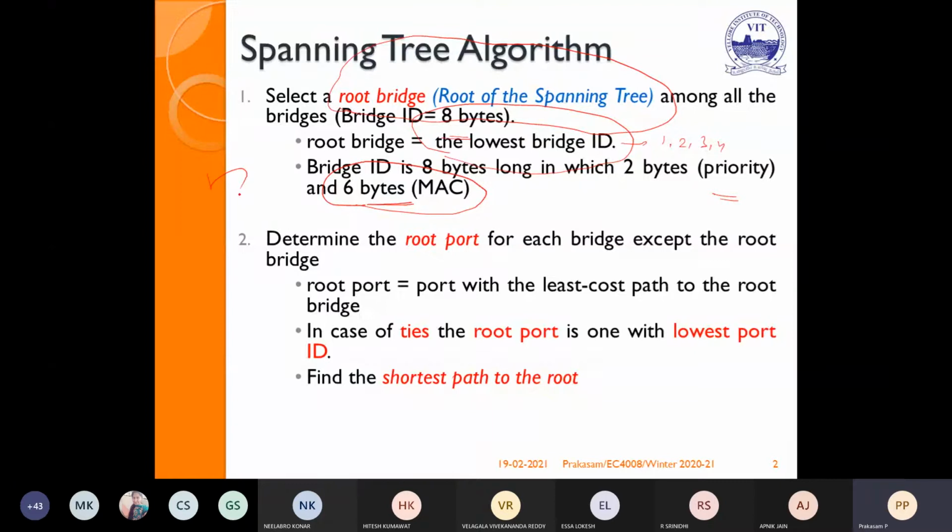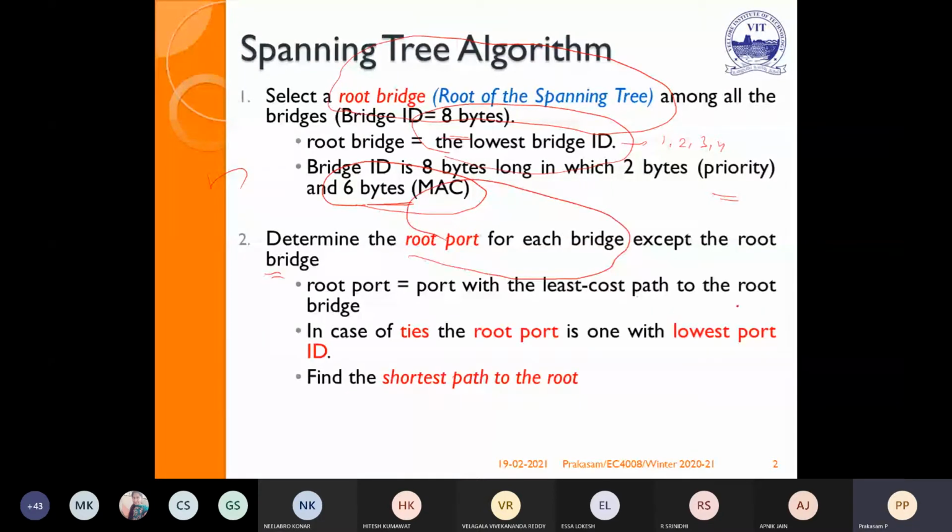The problem is very easy to solve, to find the blocked ports and other ports using the spanning tree. It is a very simple problem, but if you follow step by step, you can easily arrive at the solution that will avoid the looping problem. So the first step is identifying the root bridge. Next, with respect to the root bridge, we should find the root port.